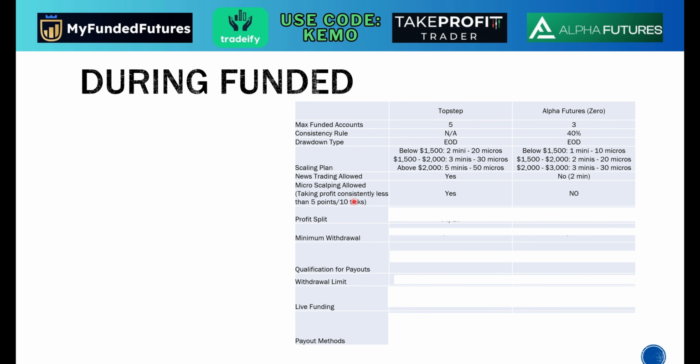But this rule specifically states that if you're consistently taking small profits, like if it's a part of your trading strategy, it's not really allowed. Alpha Futures does not really like that. So you need to be in a trade probably a little bit more than 10 seconds for it to count as a trade, and your profit needs to be above 5 points or 10 ticks, depending on the